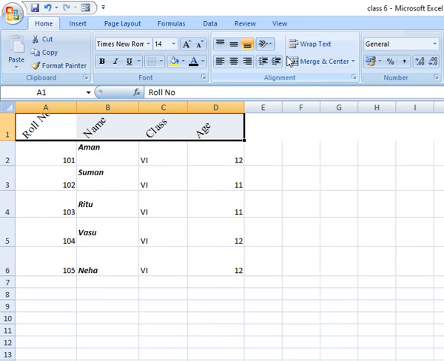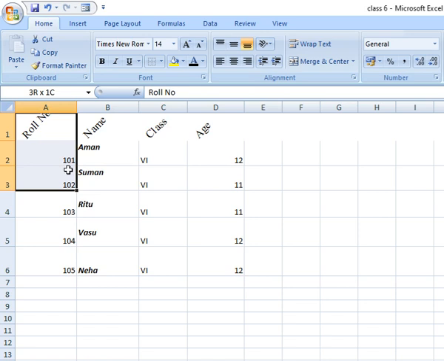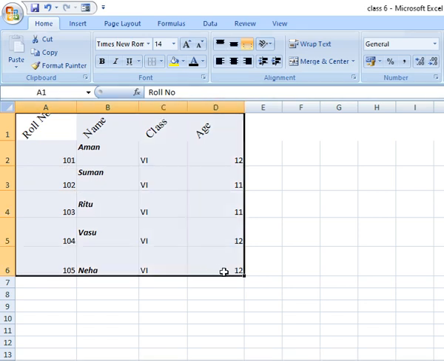Now suppose we have to add a border to our cell or range of cells. For this, first select the whole worksheet that is present in the Excel, that is selecting from A1 to D6. Now click on the borders drop down box that is present in the font option.